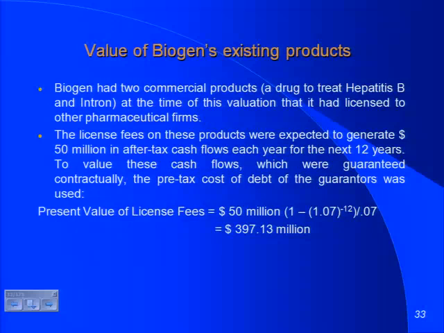For Biogen, actually, as I said, there are two other products that they had that had already been licensed out. They didn't produce them, but they licensed them out. And the licensing arrangements they had were fairly stable ones. In fact, the licenses, I think one was to Merck and one was to Pfizer. And they were getting fixed license fees from the licensing agreement. That's going to be significant. It wasn't tied to how much Pfizer and Merck made as revenues on these drugs. It was a fixed fee.